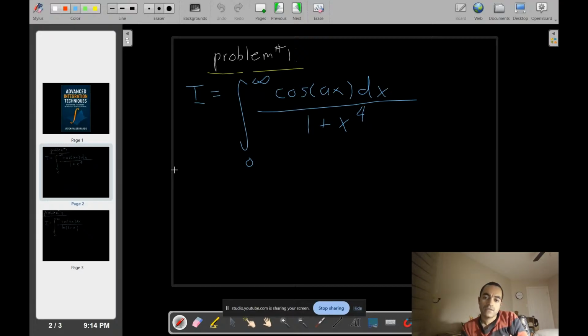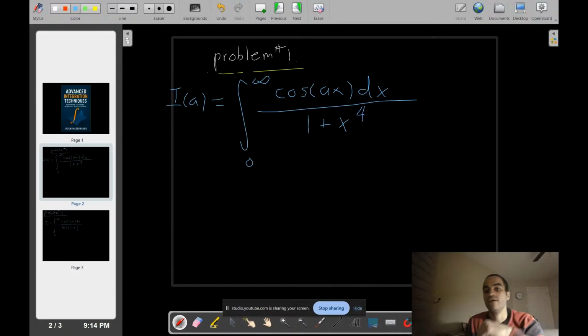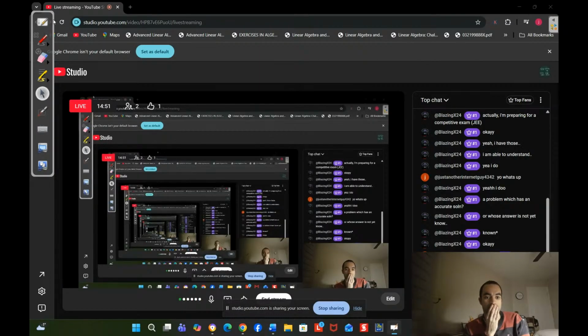Okay. Now, I'm also going to write it like this. I'm going to call I as a function of A for obvious reasons, just to make things easier. I as a function of A. And I made it a function of A because just another internet guy probably knows what we're supposed to do. What do we need to do on this integral?